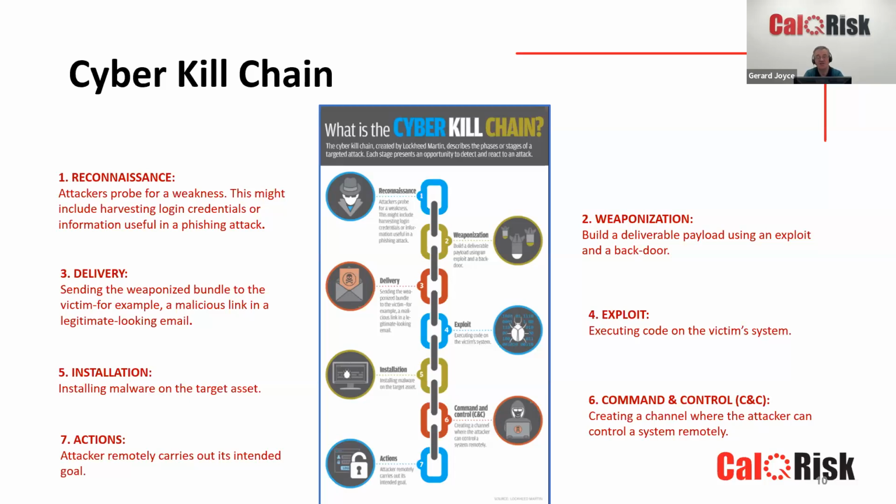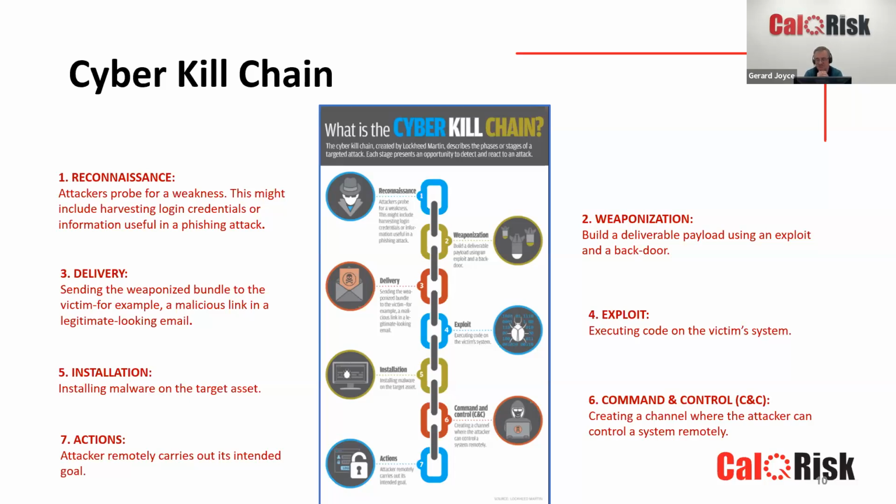The cyber kill chain, it's not something I invented. It was actually from Lockheed Martin many years ago, and they saw this as 7 links, and probably there's 8 today. I think the 8th one would be where they monetize maybe what they've stolen from you, but we will stick with the original 7. And the idea is, if 7 is when you get to see the cyber attack, the bad guys are in and they've encrypted your data and they're demanding money or whatever they are doing, you think it's too late now. Well, the idea of this is that there's 7 points, 7 steps or 7 stages at which you can thwart